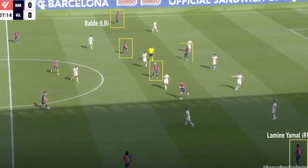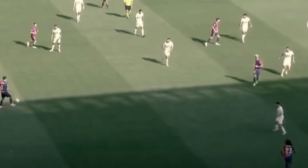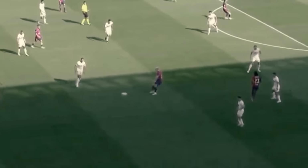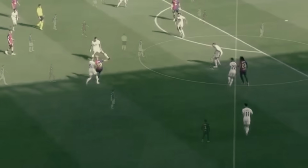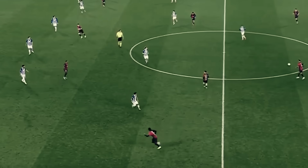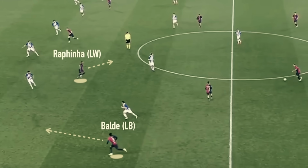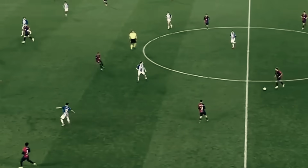is far more nuanced. What really stands out is how in tune players are with each other's movement and the effect that it has on the opponent. So this is a pretty typical rotation, but a good example. Balde and Rafinha make a counter movement, one pushing forward, one dropping deep. That distracts the fullback who was originally marking Rafinha. Casado then pulls wide to drag the attention of the midfielder, and you see space opens up for the Brazilian